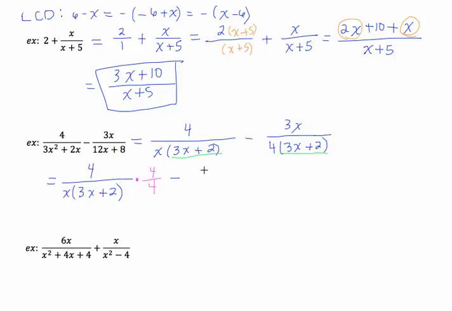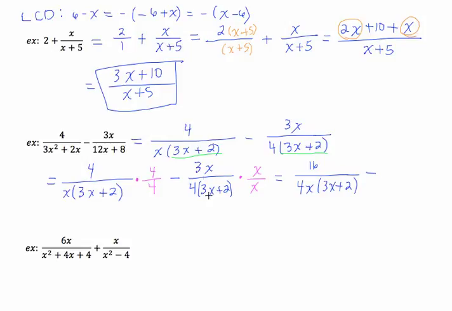And the second fraction, then we rewrite it. So the piece it's missing: it has the 4 and it has the 3x plus 2, but it doesn't have this x. So it's going to need an x in its denominator, so we'll multiply it by x over x. And then simplify from here. So multiplying these first two fractions together, we get 16 over. I'm just going to reorder this denominator and write the 4 out front. So 4x times 3x plus 2